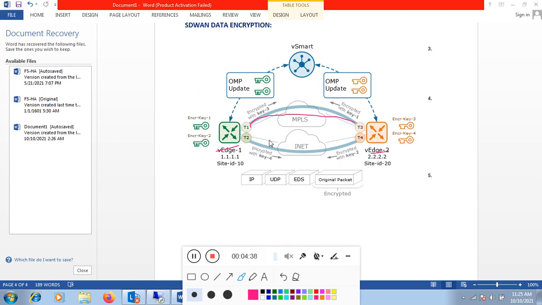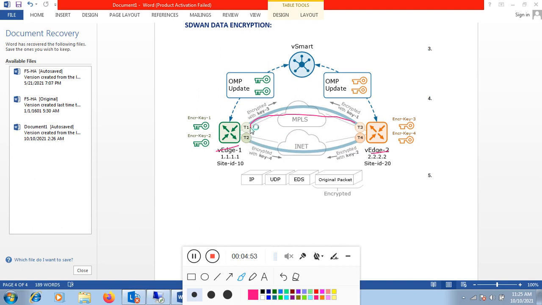Let's say if you have two transports, MPLS and INET, then WAN edge 1 will form an IPsec tunnel with WAN edge 2 over each transport, between T1 as well as with T2.